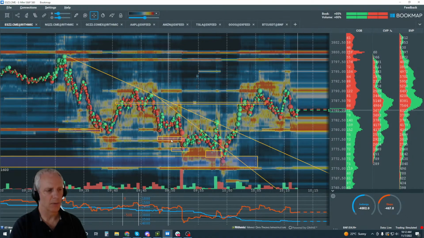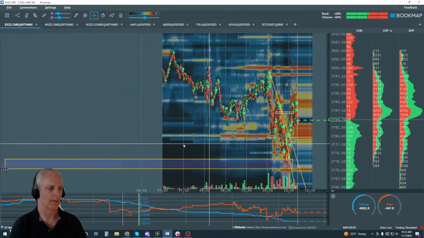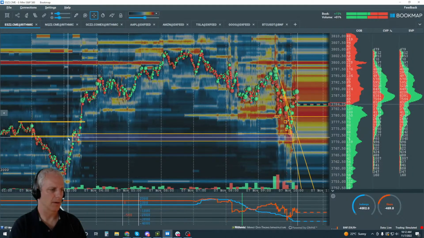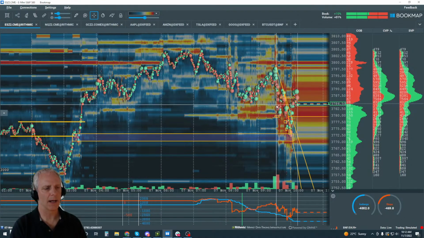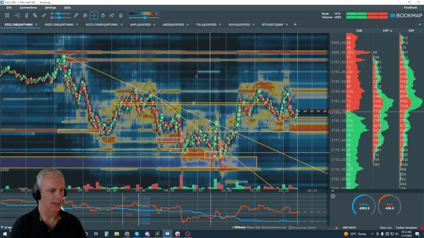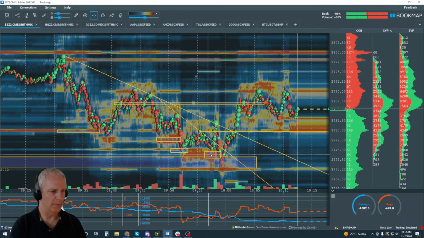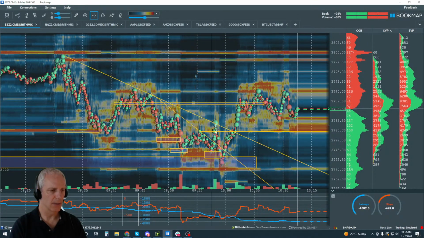Now, how to read that though in the order flow? Well, we saw the move down. We saw a bigger picture here. Okay, we had our levels here, and we see the sell-off here. Okay, and it traded into these levels here. We know they're getting filled on the bid. We know that there's some buyers up in here.